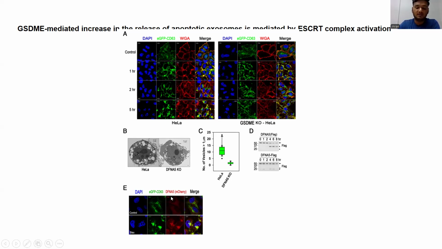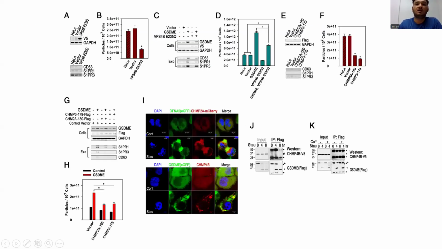And same here, the DFNA5 was co-localized with the CD63 labeled vesicles under the confocal microscopy. And in here, it was confirmed that the Gasdermin E is cleaved into an N-terminal and a C-terminal domain. And then